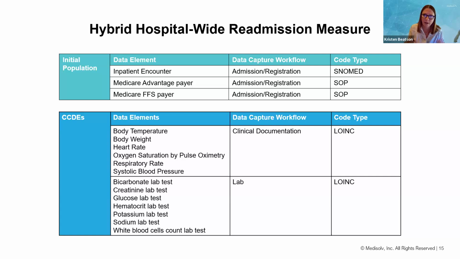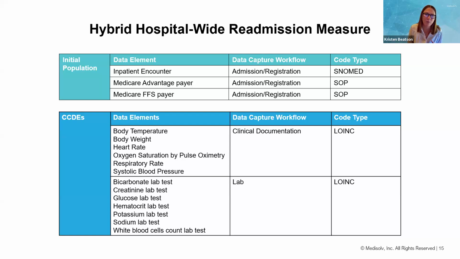And then once that initial population is identified, you want to make sure you're capturing all of those CCDEs. I know this is documentation you're doing already, but make sure that all of the vital signs you're capturing within your hospital, within the health system, are mapped to the LOINC codes.